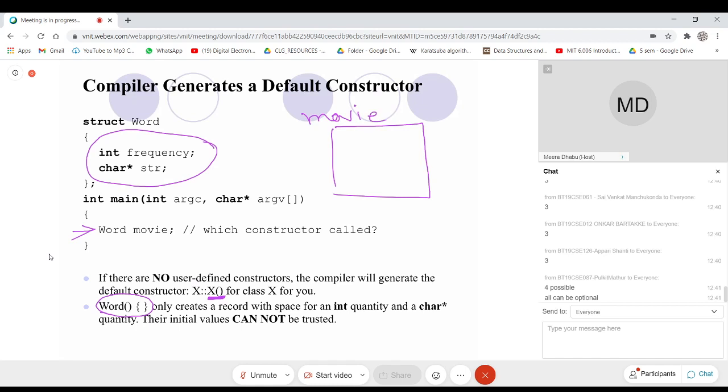Whatever the memory address, it will have two data members: one is int with the name frequency, and another is a char star pointer with the name str. But still, the compiler is not responsible for initializing those memory locations. We cannot trust what value will be there in those memory locations.